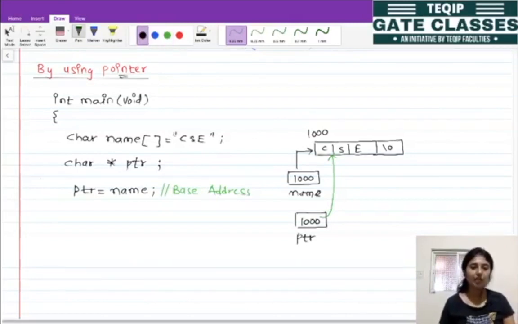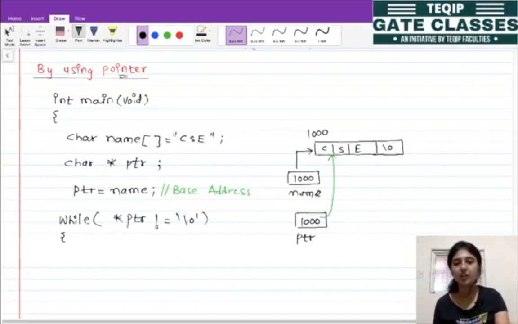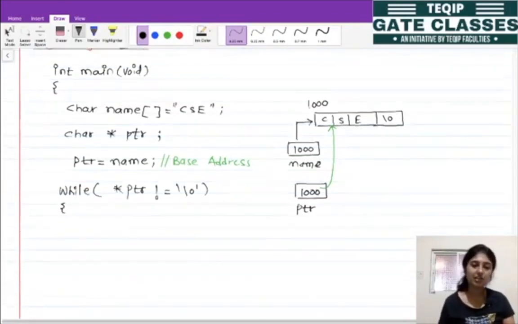And now, similar to our previous logic, we can use any loop, say while star of PTR is not equal to the null character. Till then we can increment this pointer and print the string.